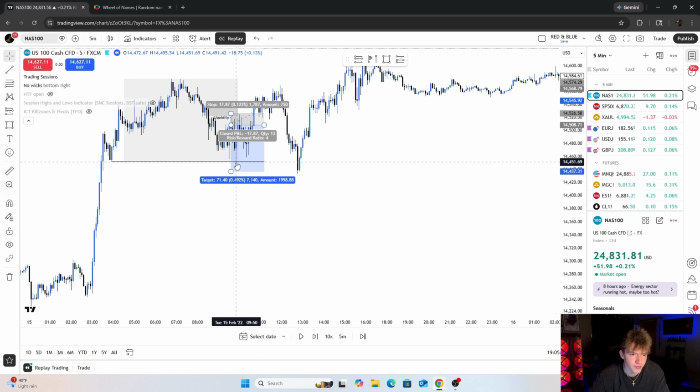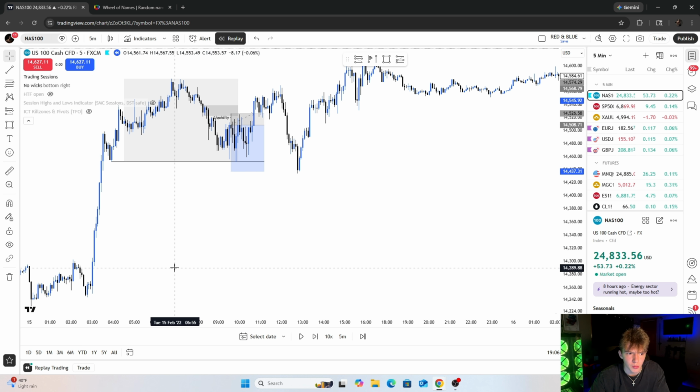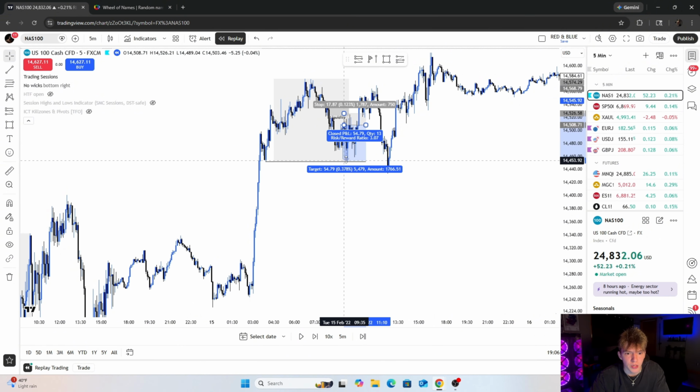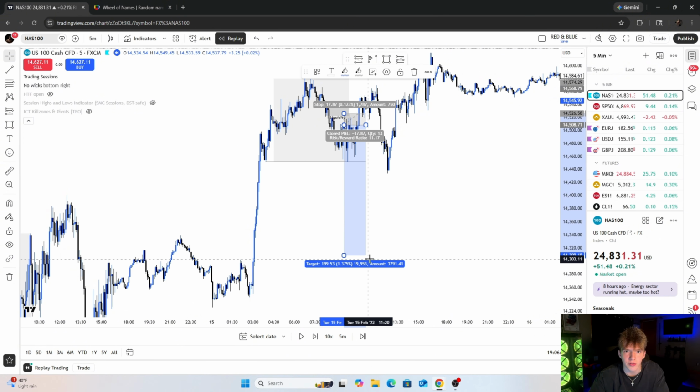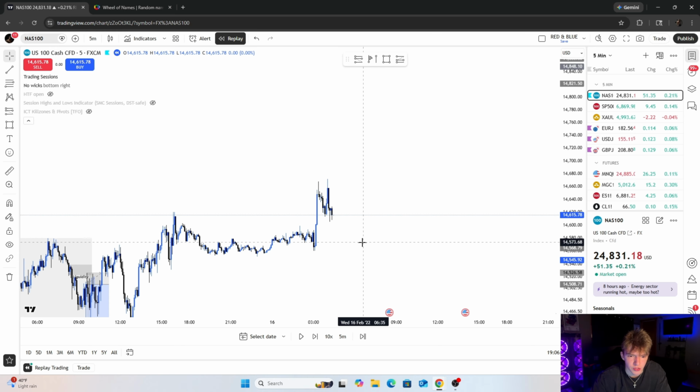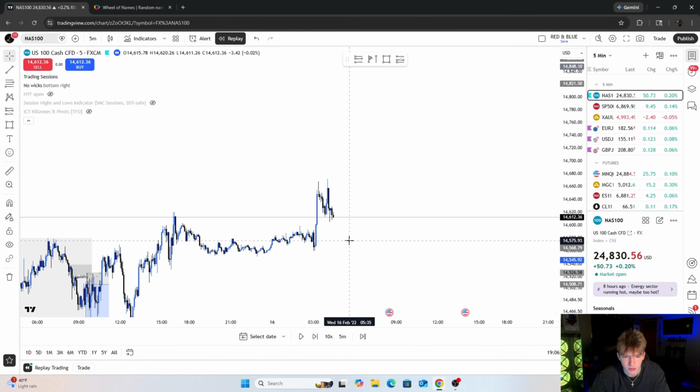So personally, I would take that into consideration. And if you learn this type of stuff, you could take that into consideration and just be like, cool, I'm just going to target those lows, because if it's going to displace, it's probably going to displace really deep. So either you target this low or you target the whole way down here. You get what I'm saying? That's the understanding of that trade. So that's pretty much it there.